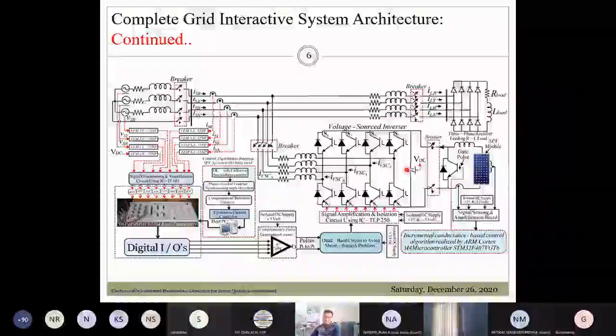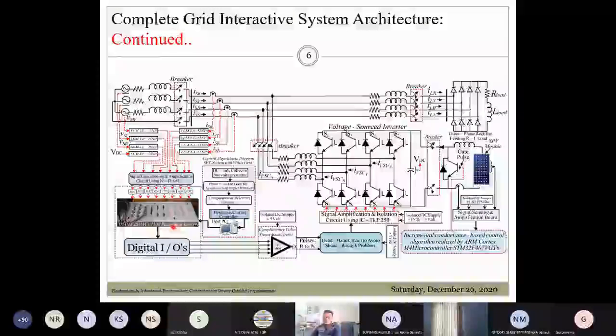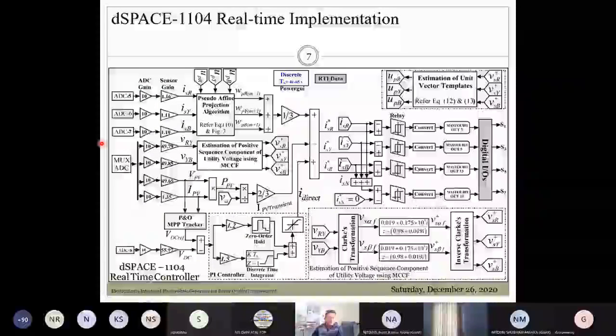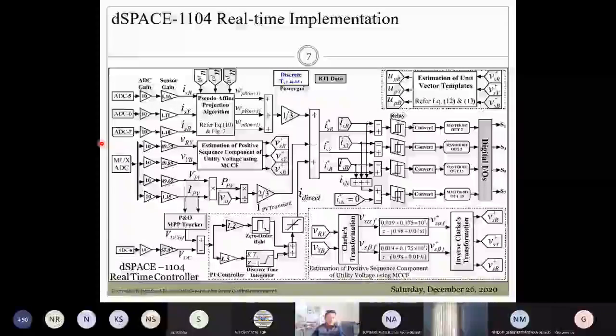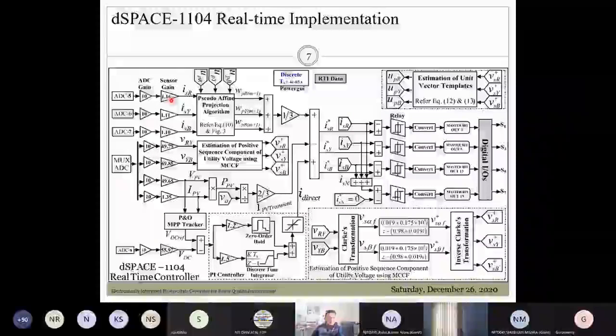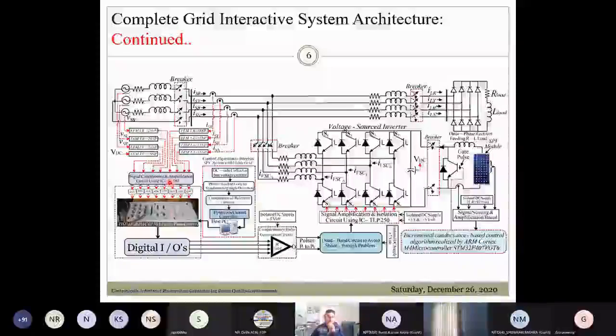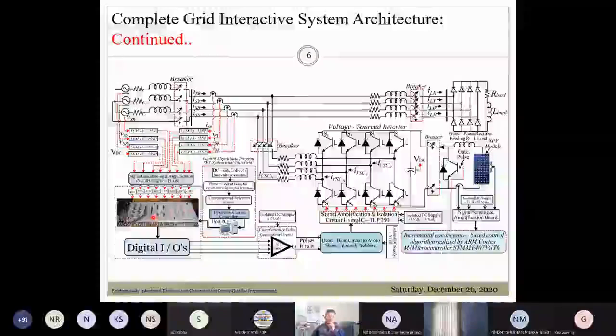So you can look here. These gains, like 1.16, 1.11, indicate the gains of the current transducers, whereas this 49.79 or gains in this range indicate the voltage transducers' gain. So after that, see here, in case of DSpace 1104, there are a total of eight ADCs. So I've already used 7 ADCs.